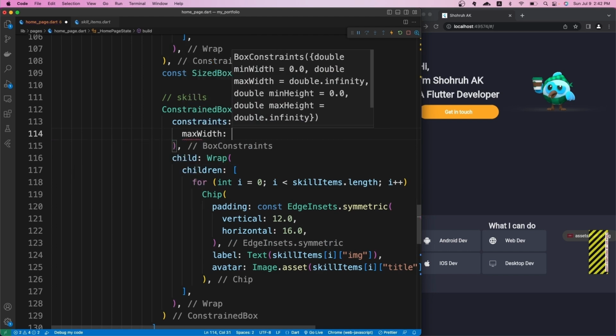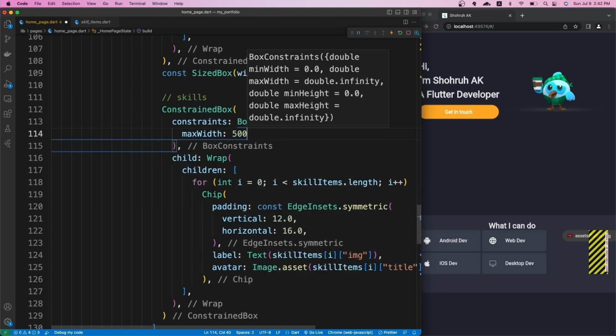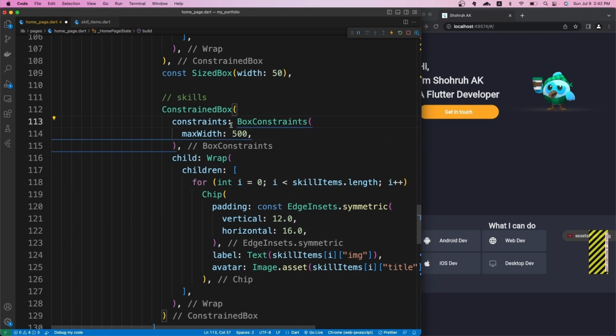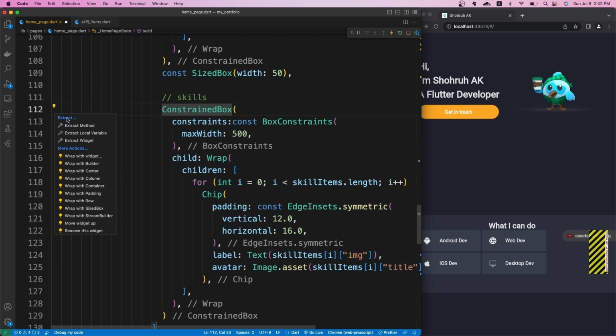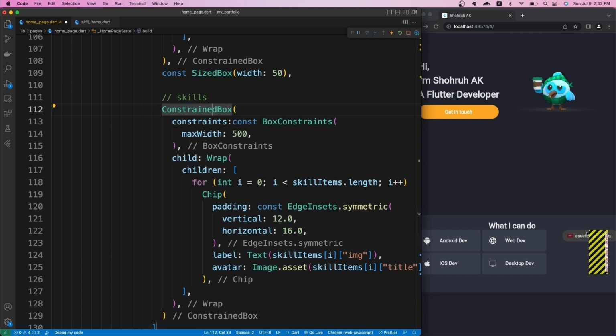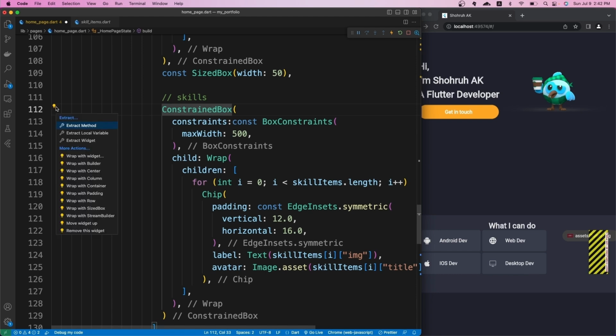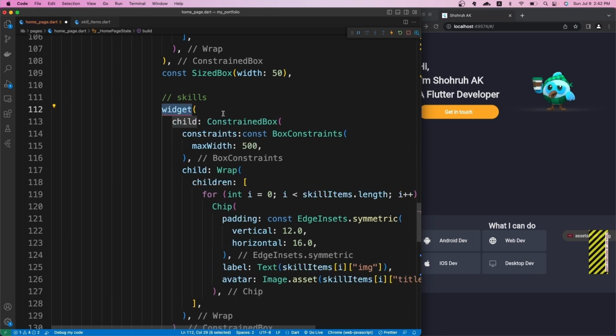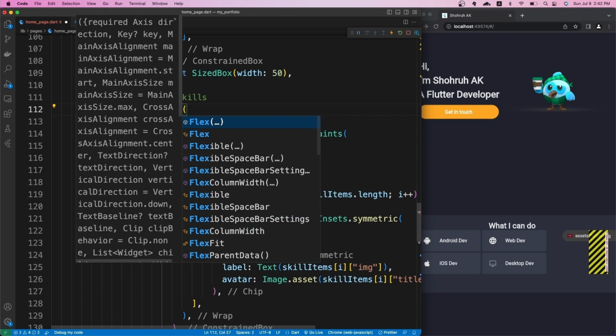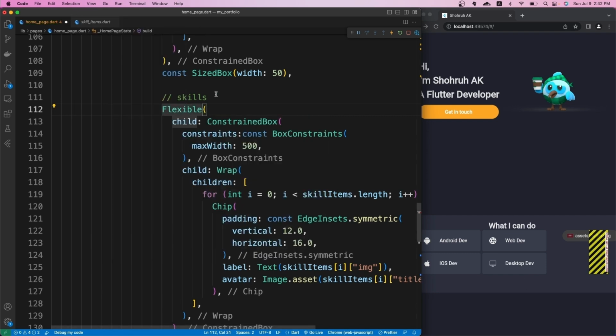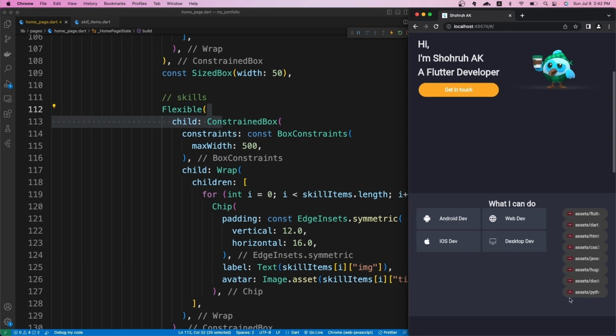So max width of 500, and we can actually make this const, and let's wrap it with flexible as well, because we want our chips to go to the next line when there is not enough space. For it we can wrap it with flexible widget, just like that. Now if I save it, as you can see, when there is not enough space,